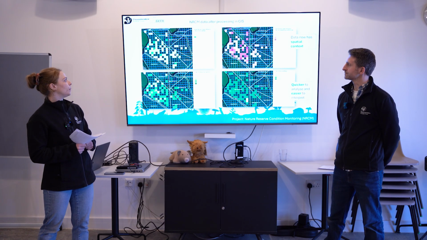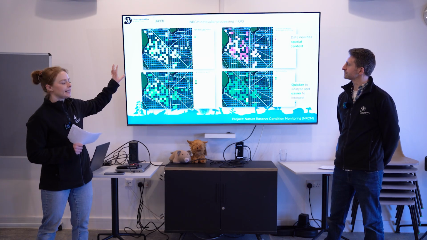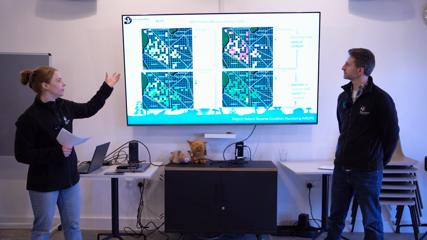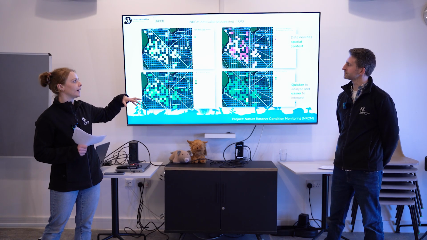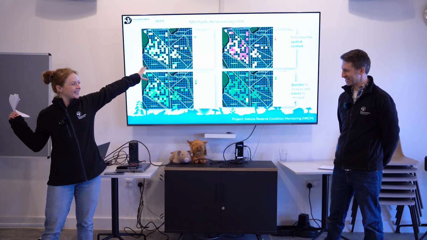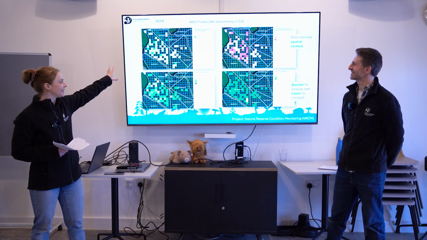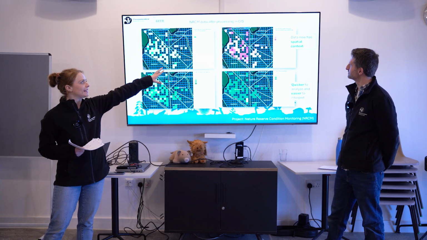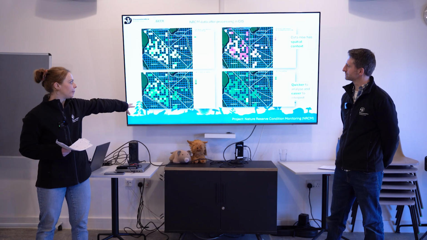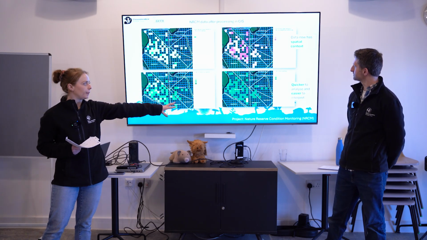And we've got, so the lighter colours across all the maps indicate a lower number of the indicator that we were looking at, and the darker colour indicates a higher number. So in this top left corner, we've got the number of tree saplings per sample. Top right is the number of woodland ground flora species per sample. At the bottom left, we've got number of native tree species per sample, and bottom right, we've got number of